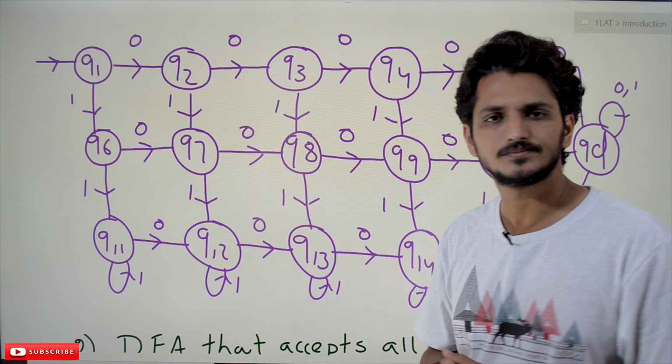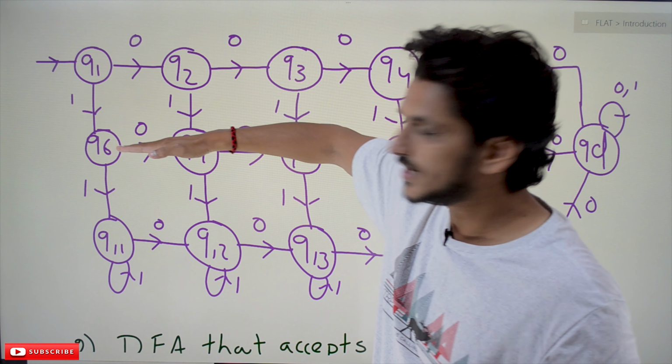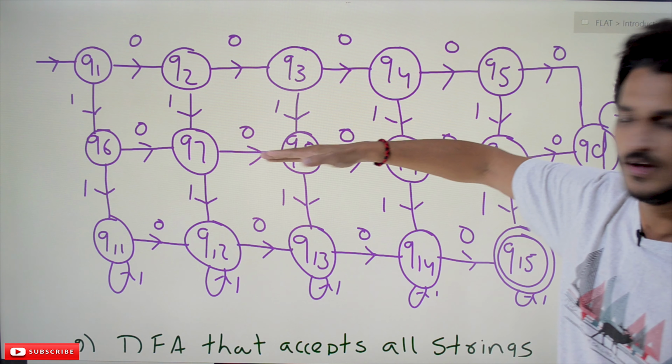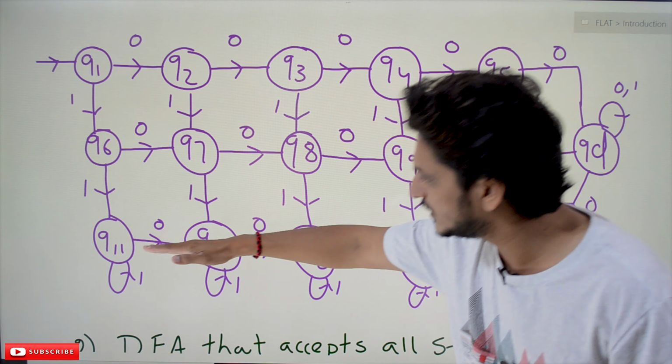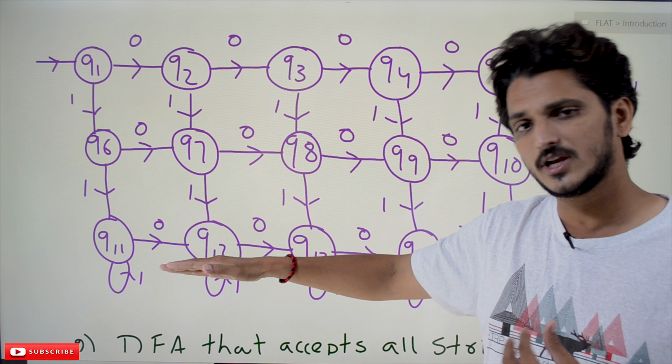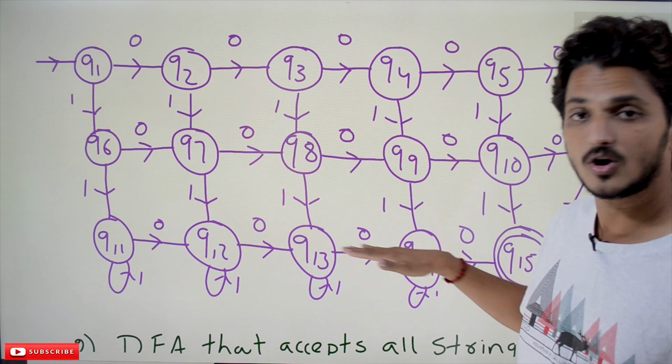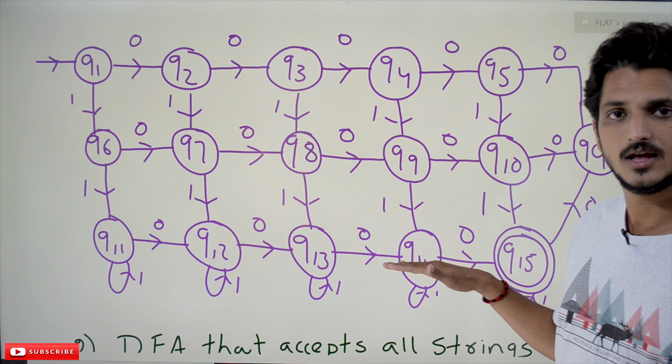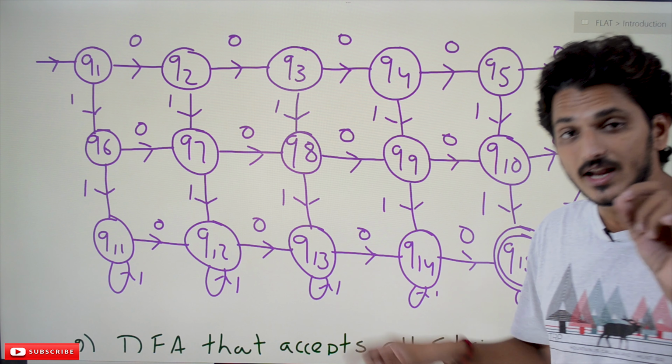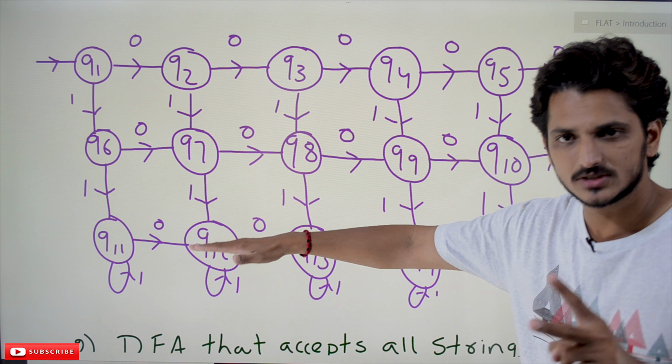Whenever you find a single 1, you end up in this horizontal layer. Whenever you find 2 ones, you end up in this horizontal layer. After that, any number of ones, you end up in this horizontal layer. So think about it, check it properly. Based on that, whenever you find 2 ones, you end up in this layer.